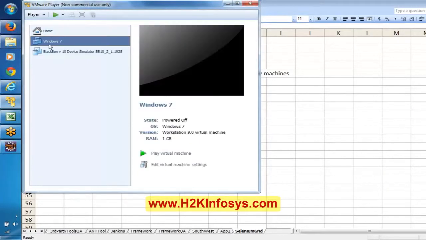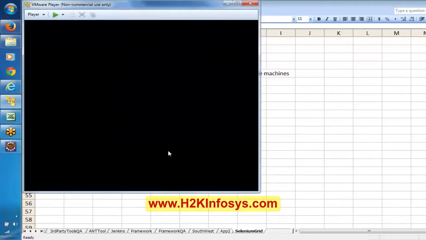Say here I want to execute this eBay script. Let me start this. And if you observe here, there is a BlackBerry 10 device simulator. Actually, this is for my office purpose. We wrote Selenium scripts to test on the BlackBerry device. I wanted to show it, but it's going to take a lot of time, and it needs so many prerequisites that opening all of them itself will take 10 to 15 minutes. Probably we'll see it in the next session. As of now, we'll go with this.